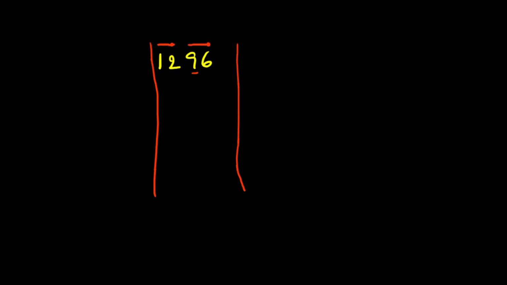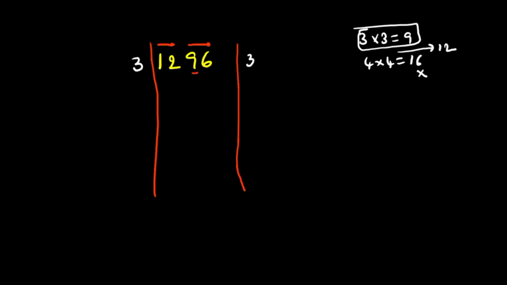Now you can take a number which is nearest to 12. Actually 3 into 3 is 9, 4 into 4 is 16. So which number will we select now? 3 into 3 equal to 9, because 12 lies between 9 and 16, and 16 is more than 12, so it should be avoided. Then 3 into 3 equal to 9 we should take here. So I am going to take 3 here and 3 here, that equals 9. So 12 minus 9 equals 3. Now bring down this 96 here,